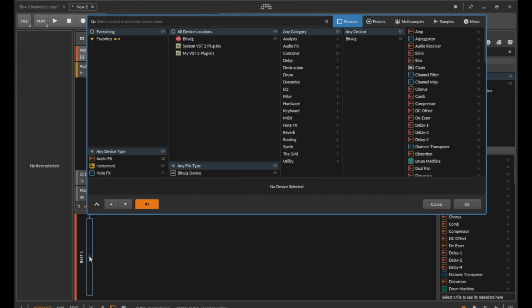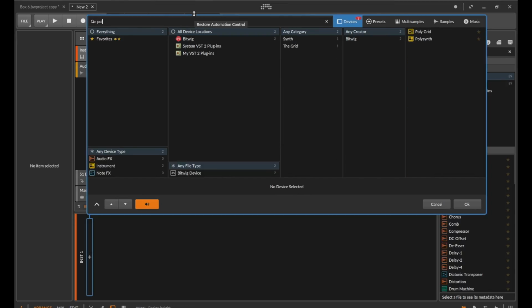So let's add a Grid here. Now you have 2 choices. I think there were 3, but I think in this build there's only 2 choices. There's the Effects Grid and there's a Poly Grid. And the Poly Grid would be, say, for an instrument. So let me just look for a Poly Grid